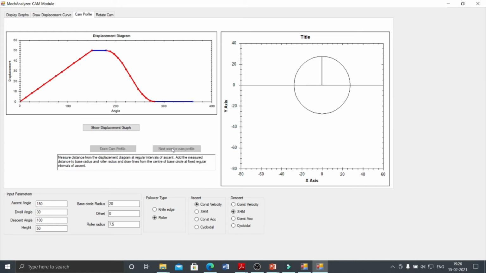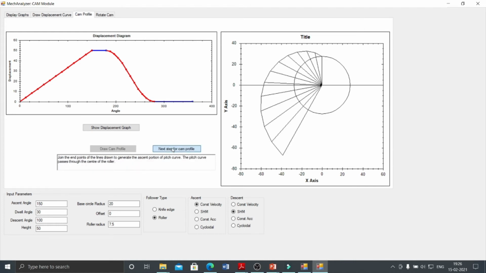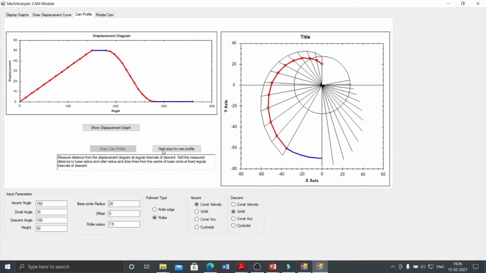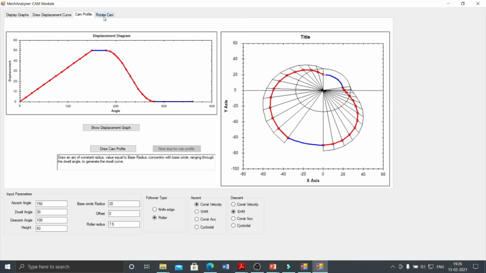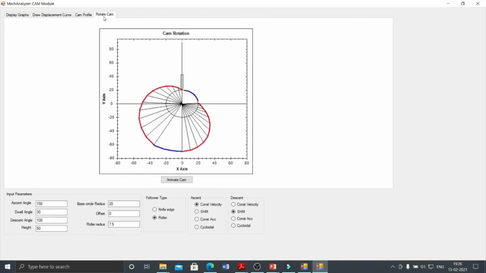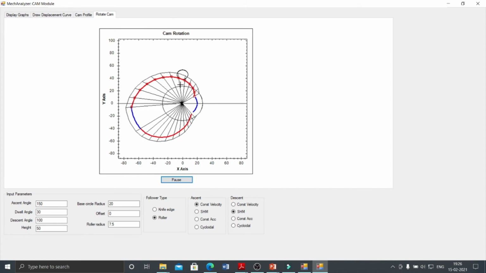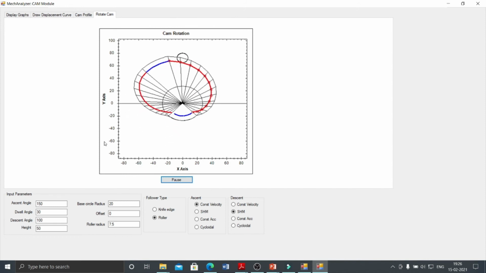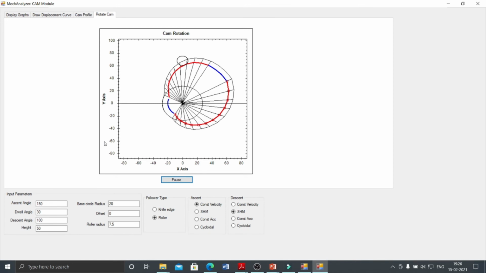Next step, see all the instructions that are mentioned over here. And if you want to see its rotation, just click on animate cam and you'll find that this is for the roller follower.